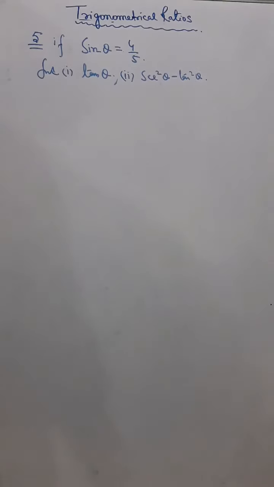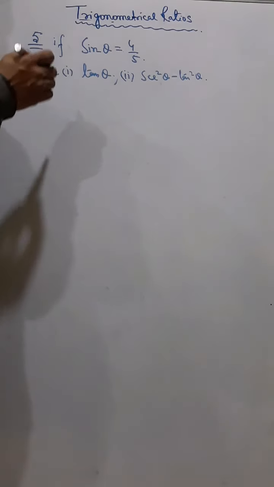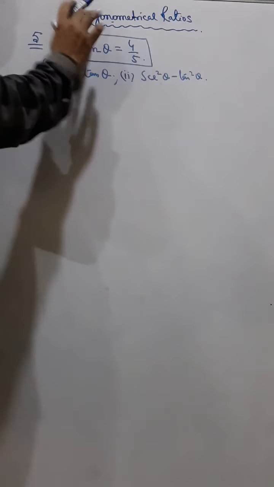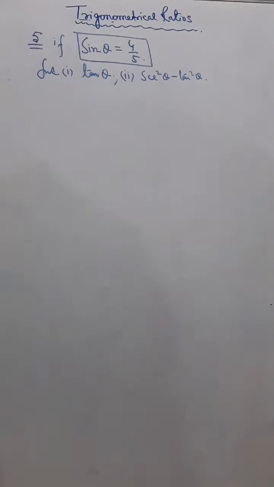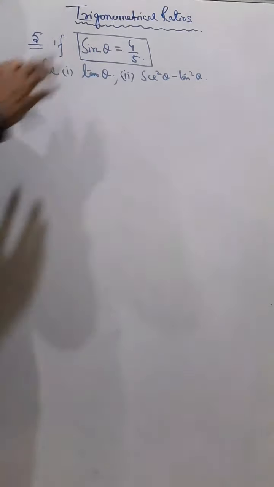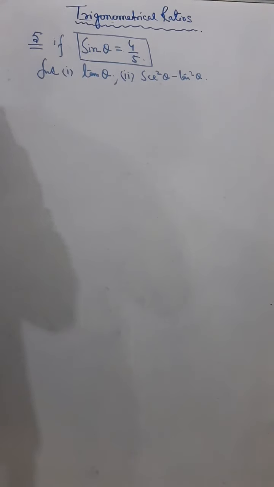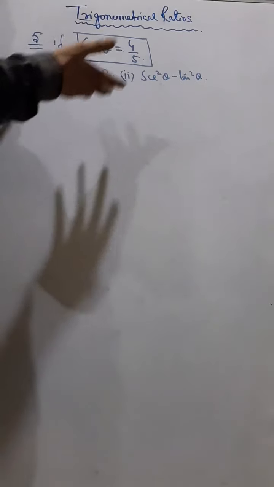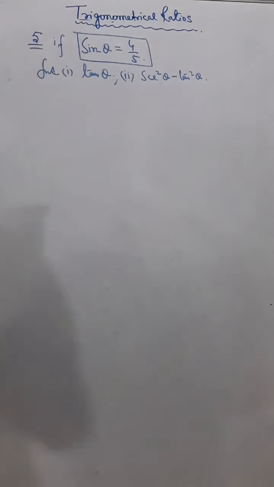Okay, now see this type of sum. Here you can see they have just given this as the heading. What they told? If sine theta equals 4 by 5, then find all this. Now so far you have seen they are giving you some diagrams and then lengths and all, and they used to tell you. But here they just give you sine theta equals 4 by 5. They can give you sine theta, cos theta, tan theta, sec theta, cosec theta, anything.